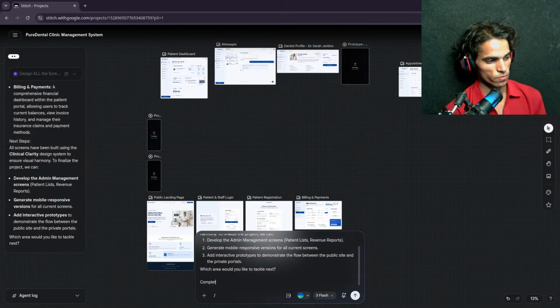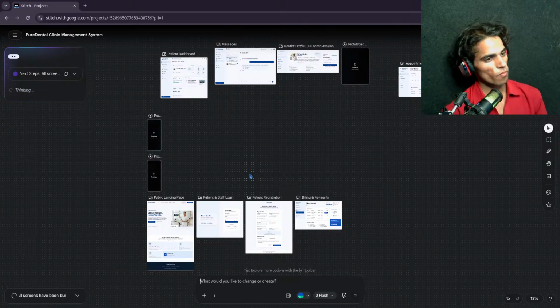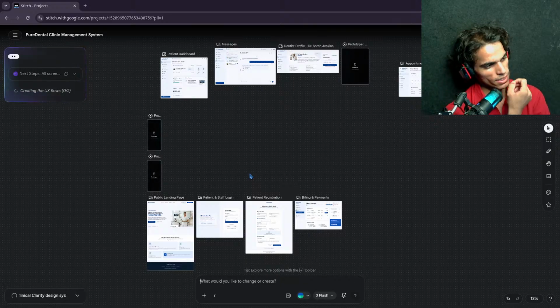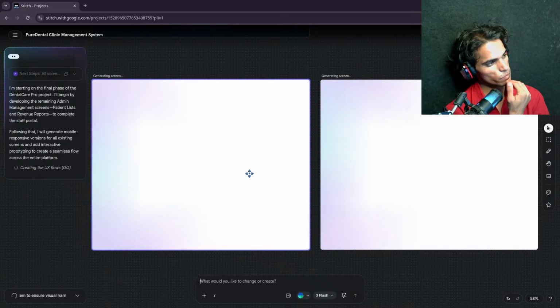I would like to design other pages myself while coding.